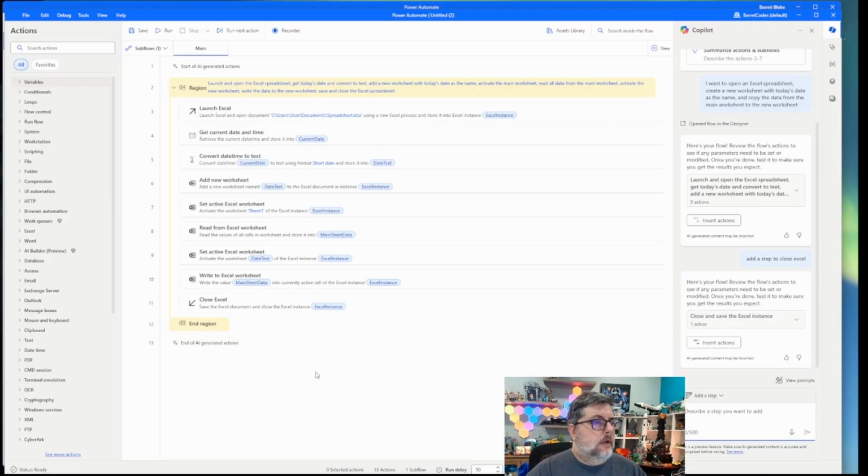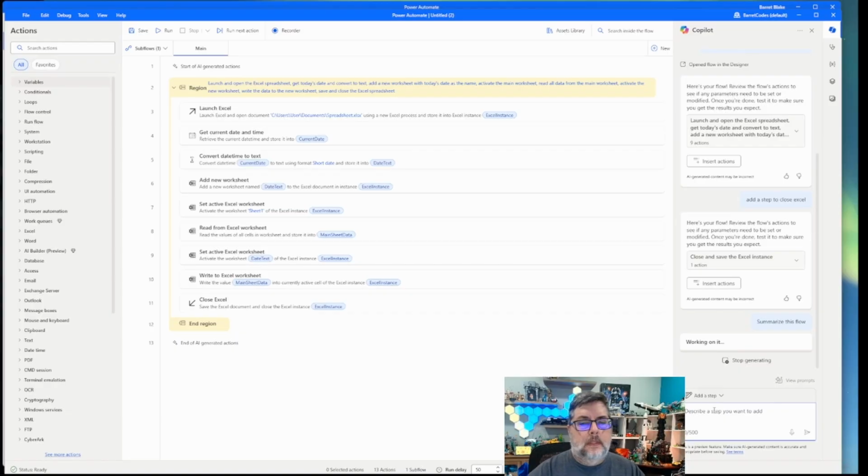Again, that can get annoying after a while, especially if you're doing a lot of iterations. The other thing to remember here is with Copilot on desktop, there's this drop-down box that doesn't exist on cloud. And you have to be careful about what type you have here. So for instance, if I wanted to summarize this